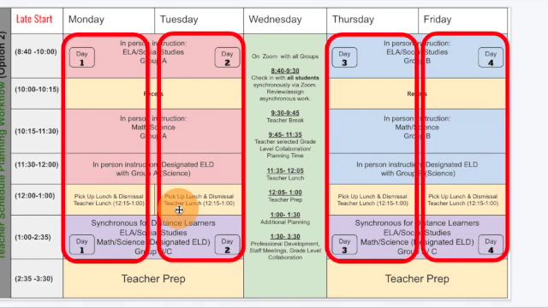We do want to ensure that we continue to focus on what I call Group C, or our distant learners, as this time block right here is the only time block in the afternoons that essentially will get to interact with those students, and those students will get to interact with us as teachers. So as I stated before, we just want to be intentional when working with the various groups, but focusing on Group C as well, because these times are the only times that we're going to be able to see our